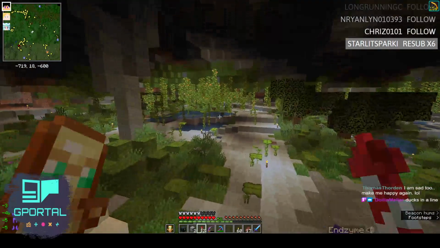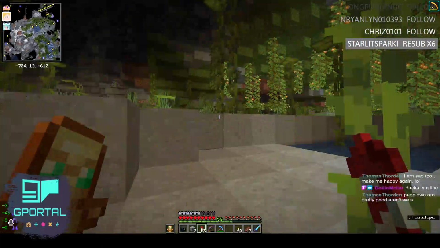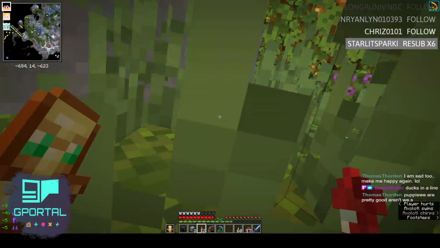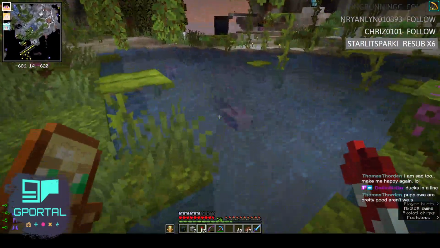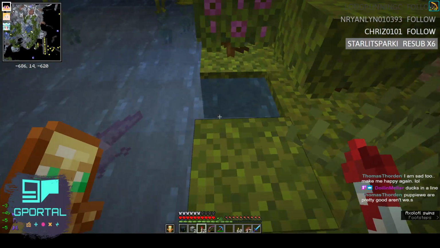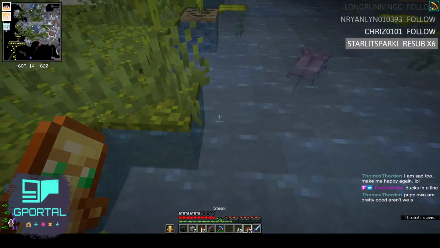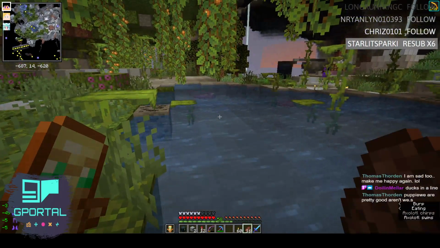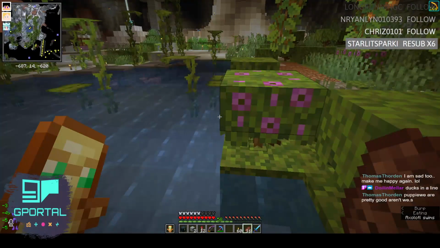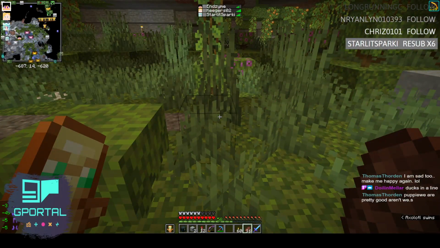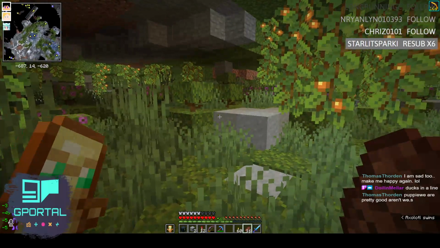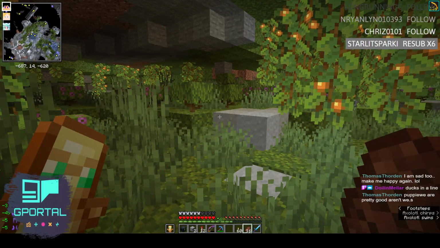Axolotl. So cool. Oh, and then the bee farm's back there. That's right. I forgot about the bee farm.